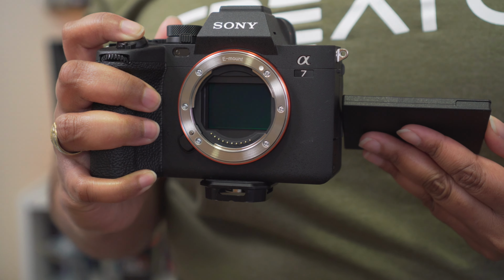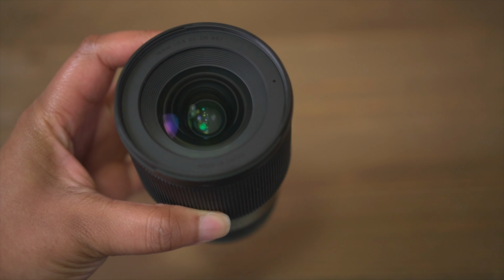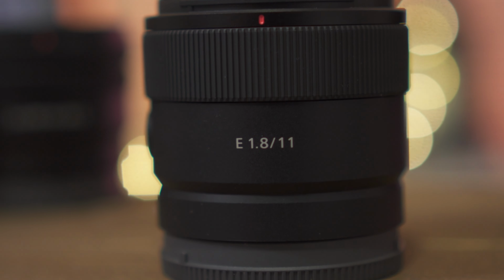But here's what not a lot of creators realize if you don't have these lenses or cameras and you're looking to upgrade, that you're probably going to run into and just aren't aware of. And we got a lens like the Sigma 16 here. This is a fantastic lens, easily one of my favorite lenses that I use on a regular and weekly basis. But when you take a lens like this, or the Sony 11mm f1.8 lens,